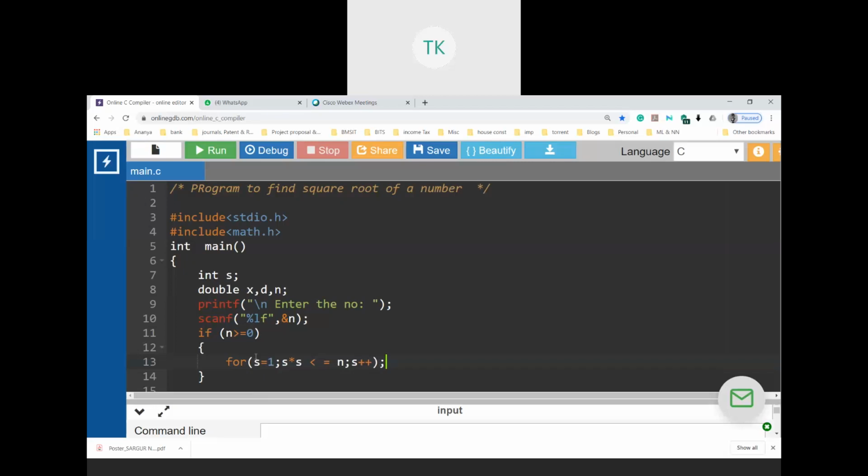Okay. Now, after initialization, which part of your for loop will execute next? Ishika Agarwal, are you there? Yes, sir, I'm there.